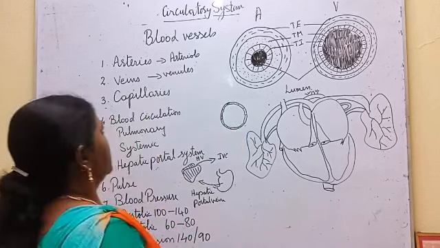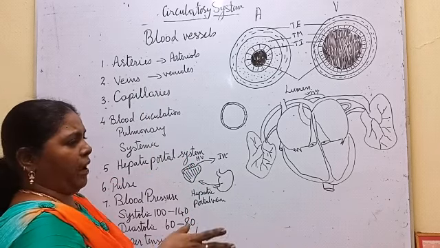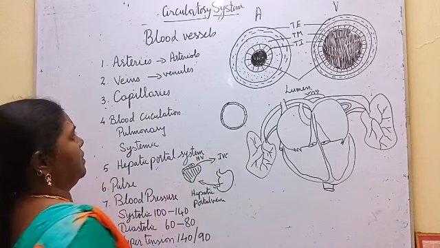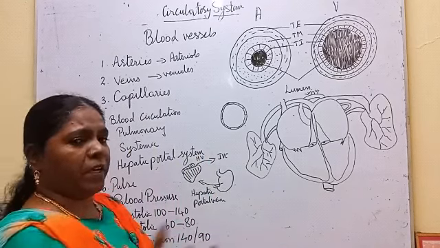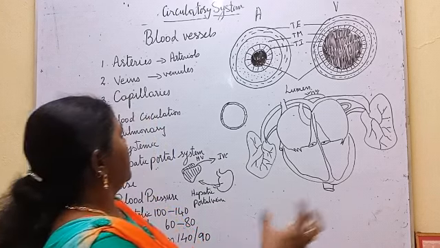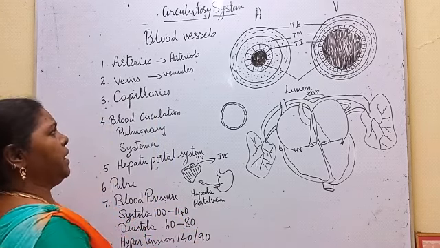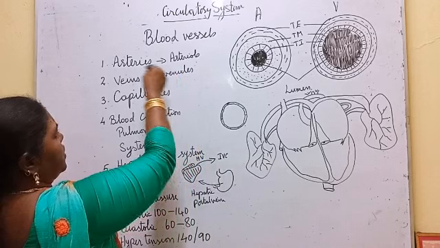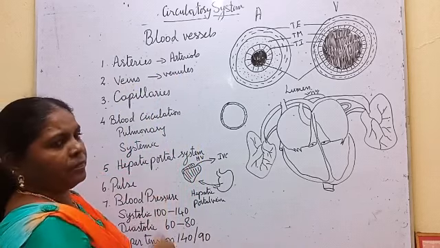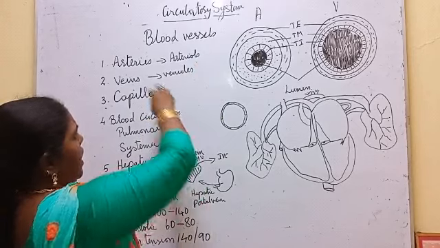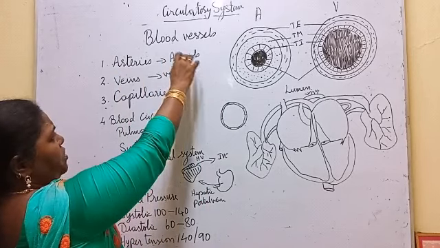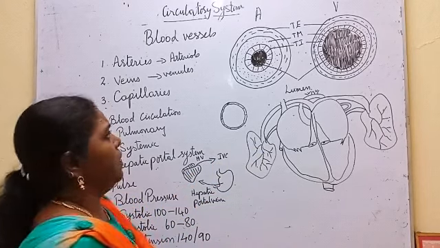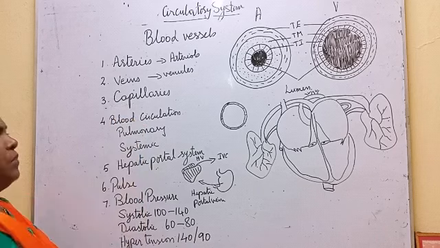When arteries supply the blood, they further divide into smaller vessels called arterioles. Veins, when they collect the blood from the different parts of the body, begin from many small branches called venules. Venules collect blood from the tissues and send it to the veins, and veins send it to the heart. The artery distributes the oxygenated blood to the arterioles, and arterioles distribute it to the muscles and tissues. So these are the three blood vessels.